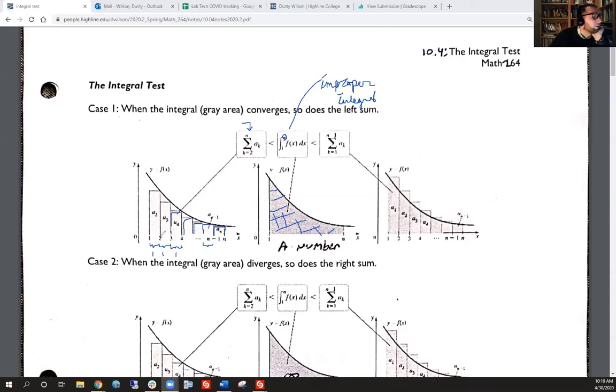Right? Here we're at 2. Here we're at 1. Here we're at 3. Here we're at 2. Here we're at 4. Here we're at 3. So the width of each of those rectangles is just 1. So that's why